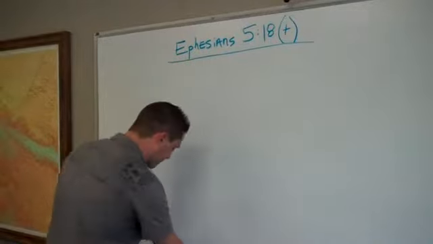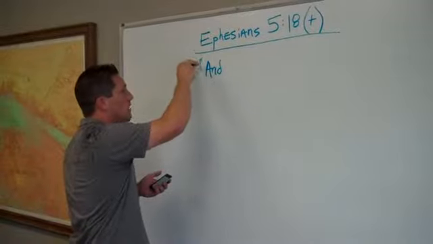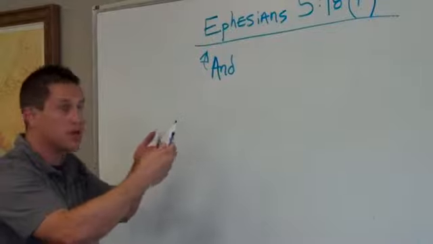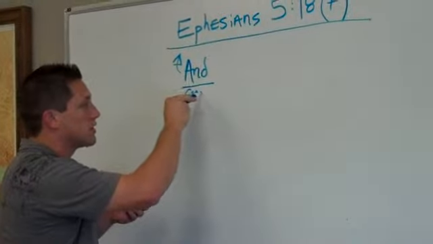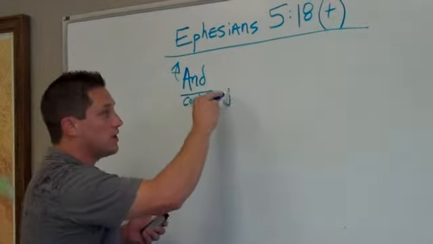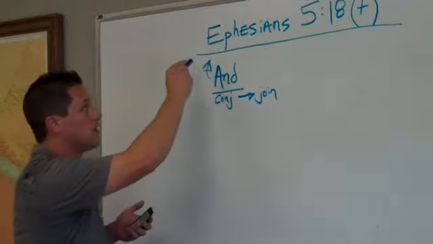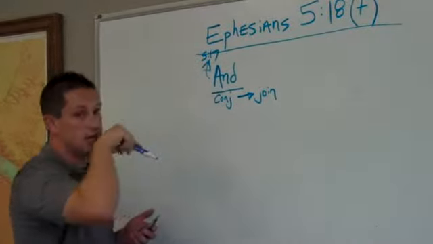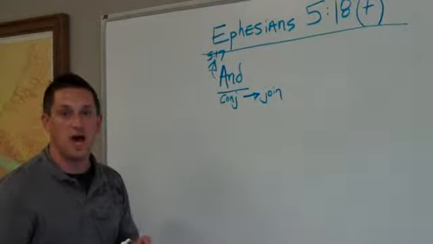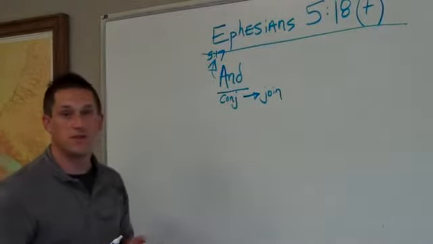Okay? So, Paul says "and," obviously tying you back to what he has been saying. This is a conjunction, they join together. Just using that as an example, here is a conjunction in its form, and what do conjunctions do in their function? They join. So an "and" is continuing a thought. That means at least up to 5:17, and if you were to go back and read, you can see that is the case, that 5:18 is a continuing thought from 5:17.